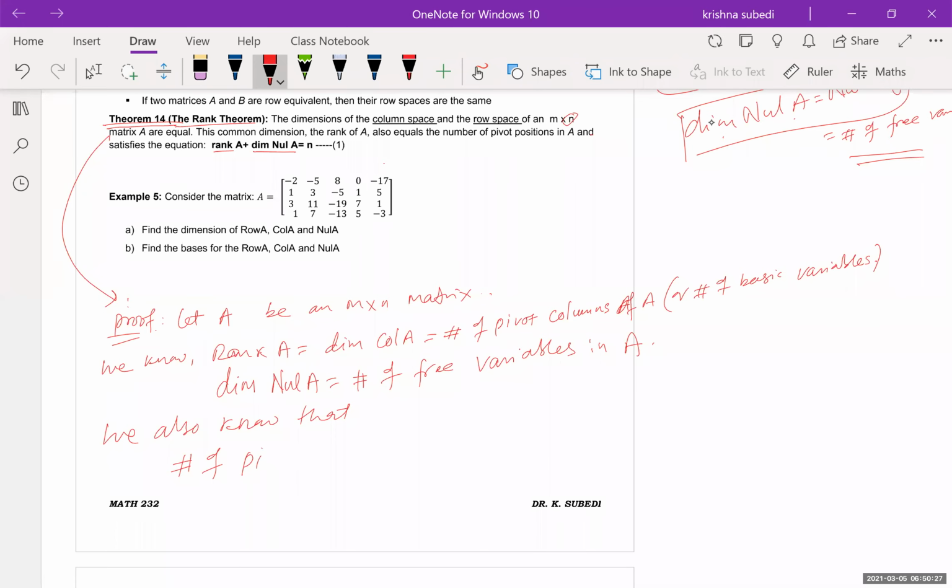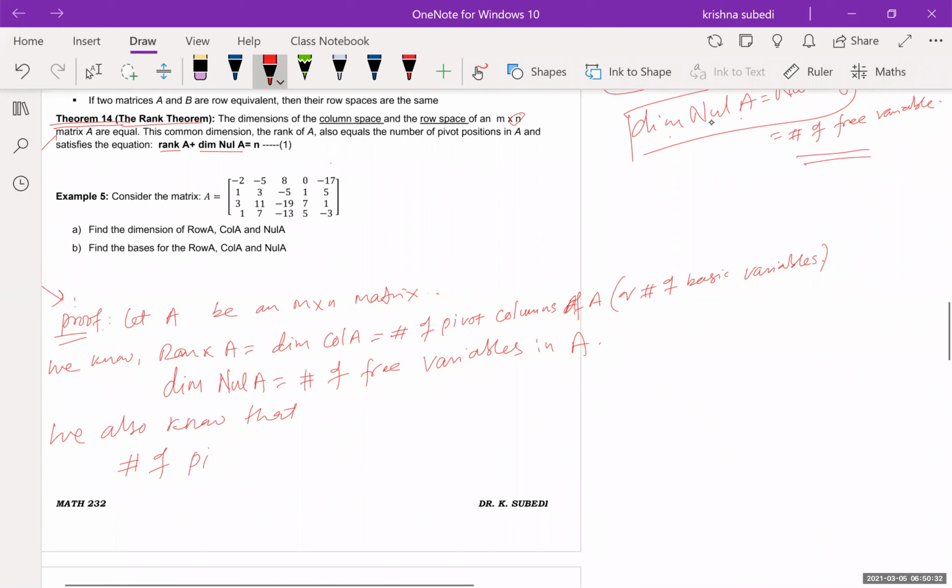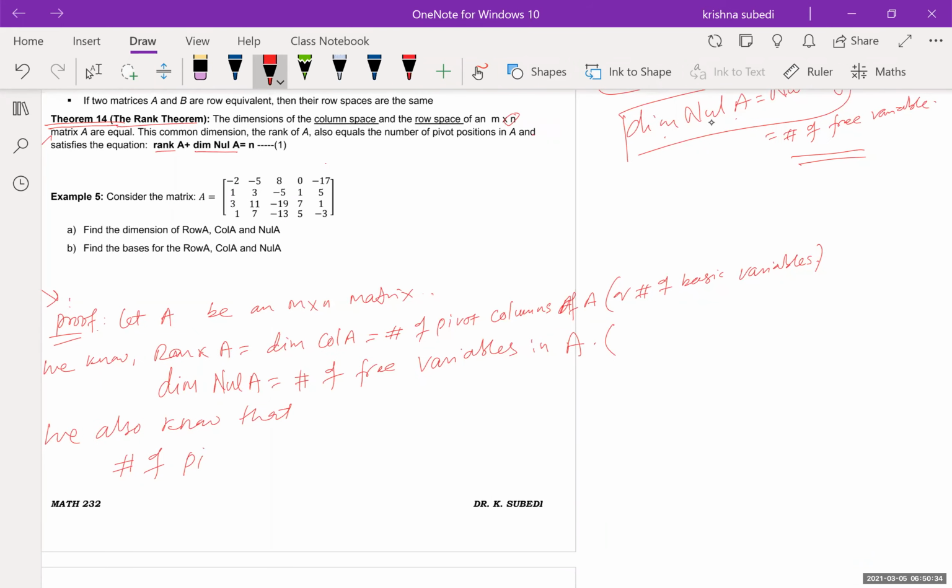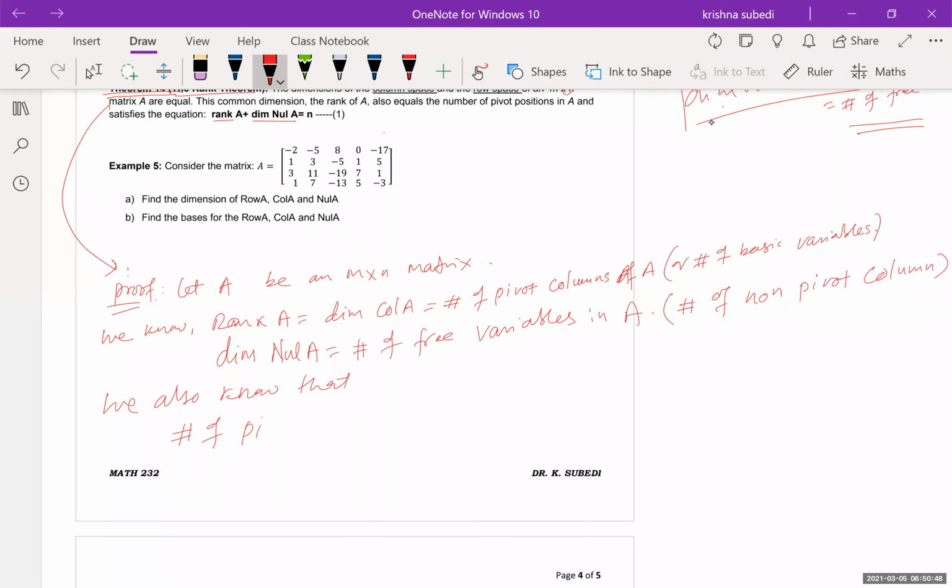Remember, the number of free variables means the number of non-pivot columns. They are the same thing. Free variable means non-pivot column. So we also know that number of pivot columns plus number of non-pivot columns